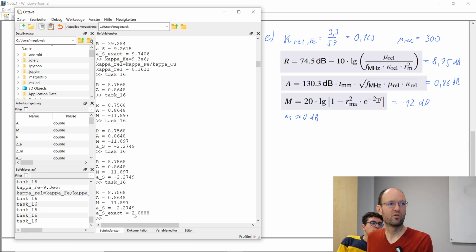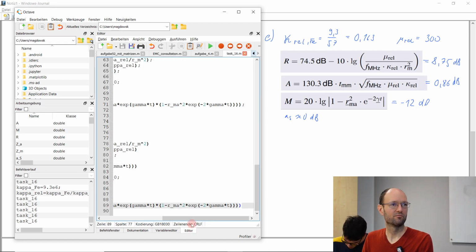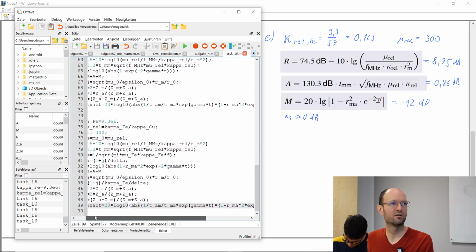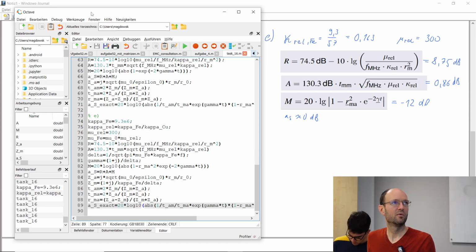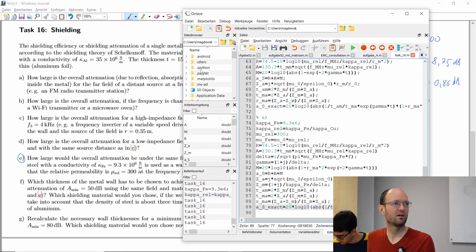So yeah, then from the exact formula we get some shielding attenuation, but it's also negligible, right? It's not very meaningful. It would not really help us. So yeah, this assumption of it's more or less 0, I think is still valid. Okay, so let me quickly once again check if we did not do any mistakes here, but I think yeah, if we quickly go back to the task,